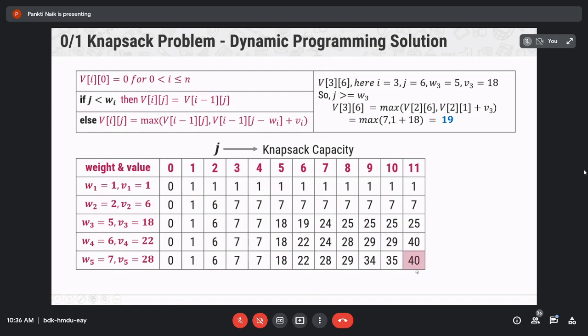Right? This 40, which is the value of V[n][W], will give us the total value of all the selected items for the knapsack.